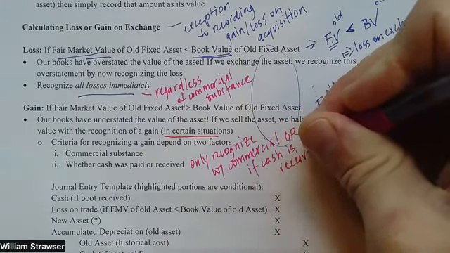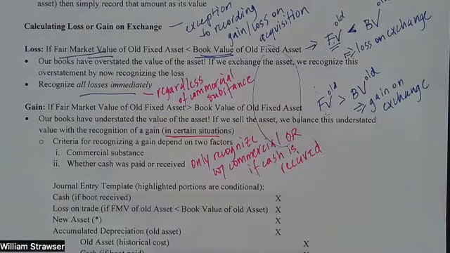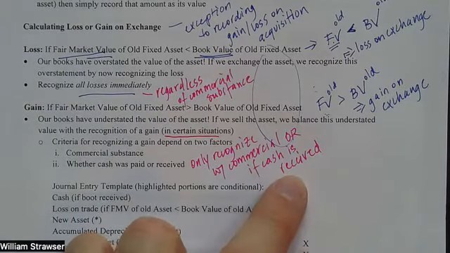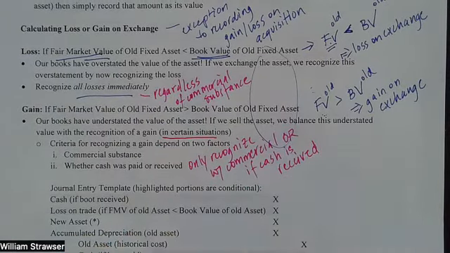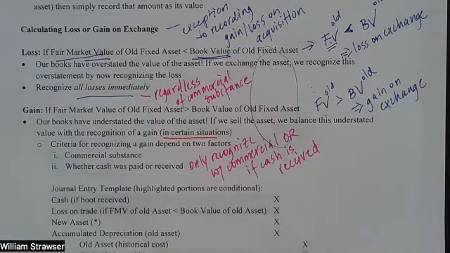So there's a sort of two-part determining factor as to whether we recognize a gain. Is there commercial substance? If there is not commercial substance, then we go to criteria 2. Did we receive some amount of cash? If we did, then we still might be able to record some or all of the gain. But it's not like losses, where we record the entire loss regardless of whether there is or is not commercial